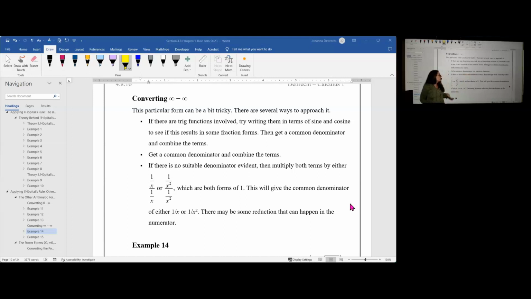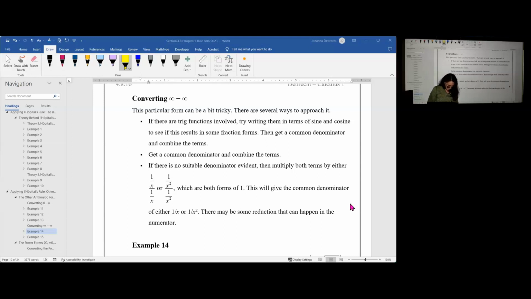that. If there's no suitable common denominator, then you're going to multiply both terms by a form of 1, either 1 over x divided by 1 over x, or 1 over x squared divided by 1 over x squared, depending on what you have in the function. This will give a common denominator of either 1 over x or 1 over x squared. There will probably be some reduction that can happen